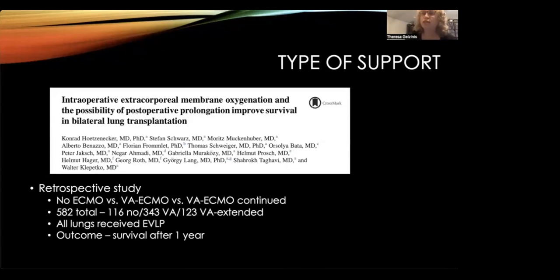Their patients were placed into 3 groups. The first with no support, then VA ECMO, then extended VA ECMO, which means they had ECMO in the ICU. They studied 582 patients, where 116 had no support, 343 were in the VA ECMO group, and 123 were in the extended ECMO group. All donor lungs received ex vivo perfusion before they were implanted, and the primary outcome was 1-year